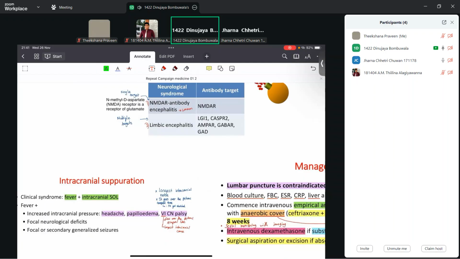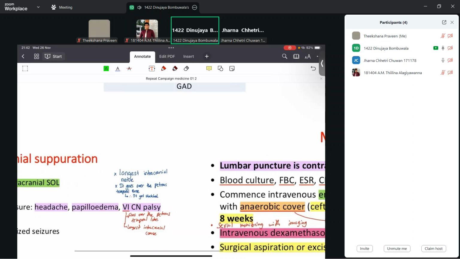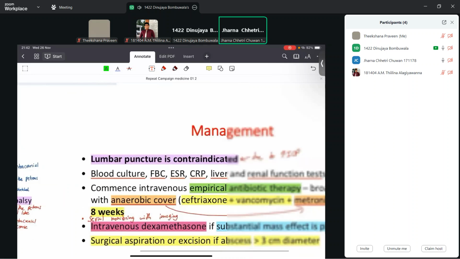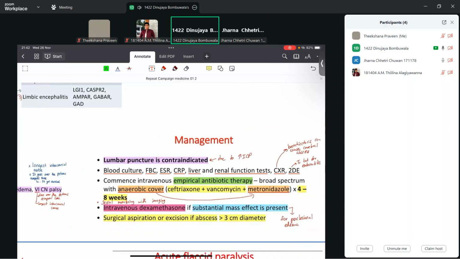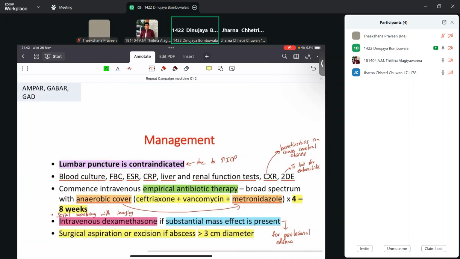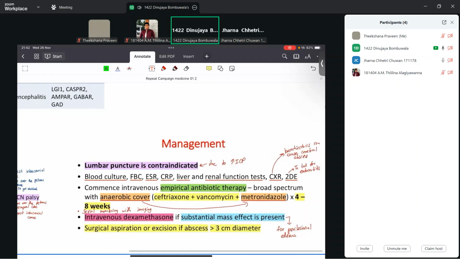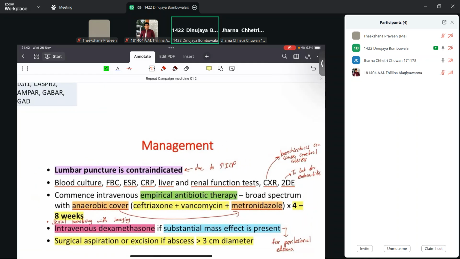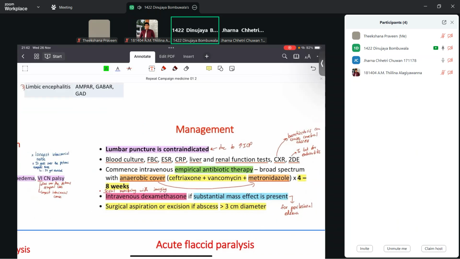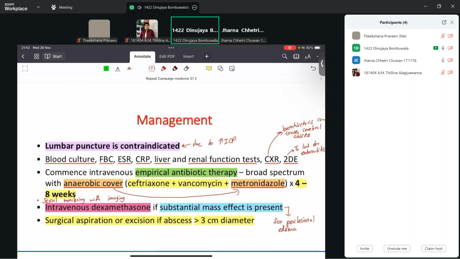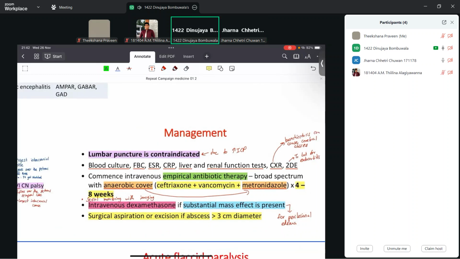If an isolated sixth cranial nerve palsy comes, those two are your differential diagnoses, and you should offer fundoscopic examination in the short case, because isolated sixth cranial nerve palsy is a common short case. For management, we know that if ICP is increased we should not do LPs, and other things are pretty much the same, but we have to give long courses of antibiotics, longer than for meningitis or encephalitis, and if it is a large abscess, we should drain it as well. Okay, so we go to the question.